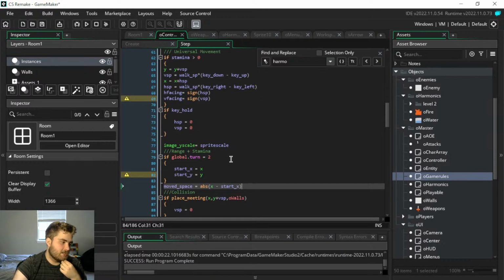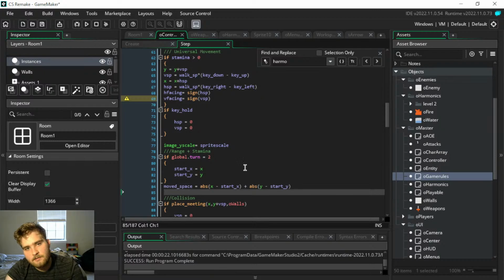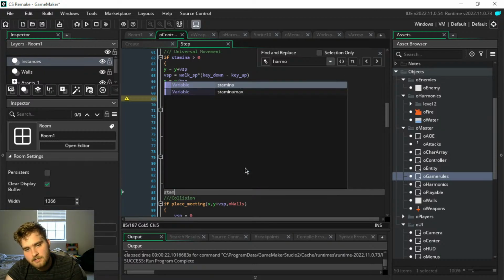And vice versa, if our starting x is 45 and we move up to 46, it would still be 1. So moved space equals the absolute value of all that plus the absolute value of y minus start y. The order of those two variables does not matter. So, that's our moved space, and then stamina